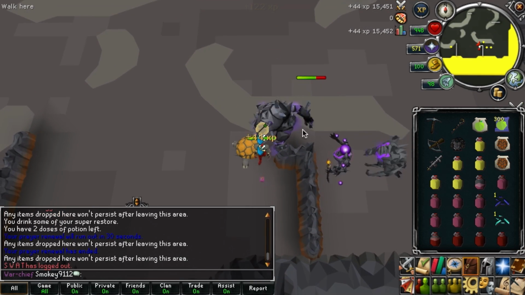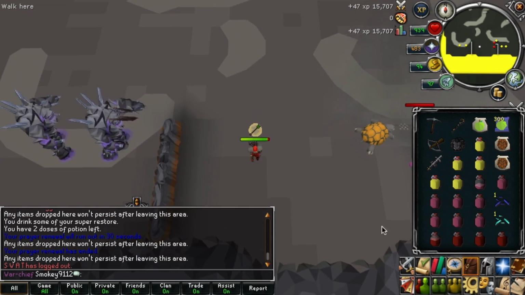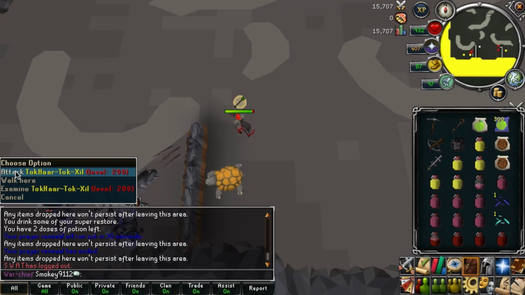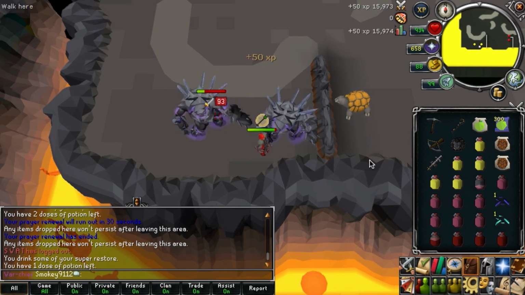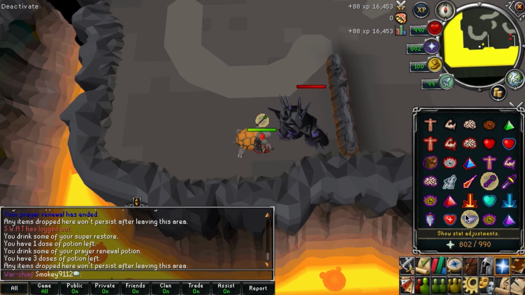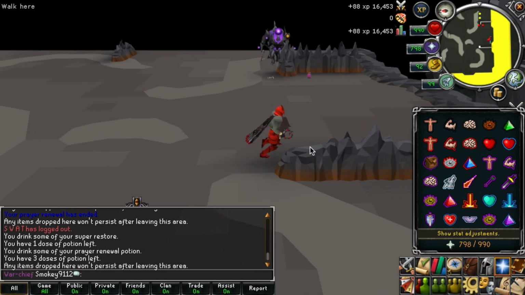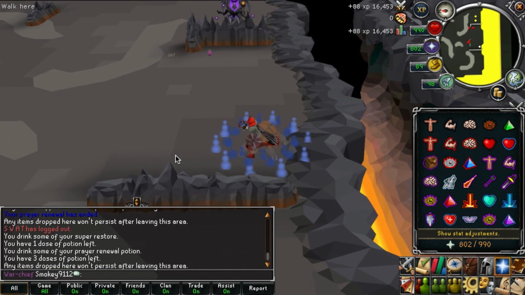Kill the northwest ranger first. Once it's dead, kill the northeast ranger. Then touch the south wall and run over to the west side and kill the two rangers there. Once the two rangers to the west are dead, touch the south wall, run back over to the middle, then